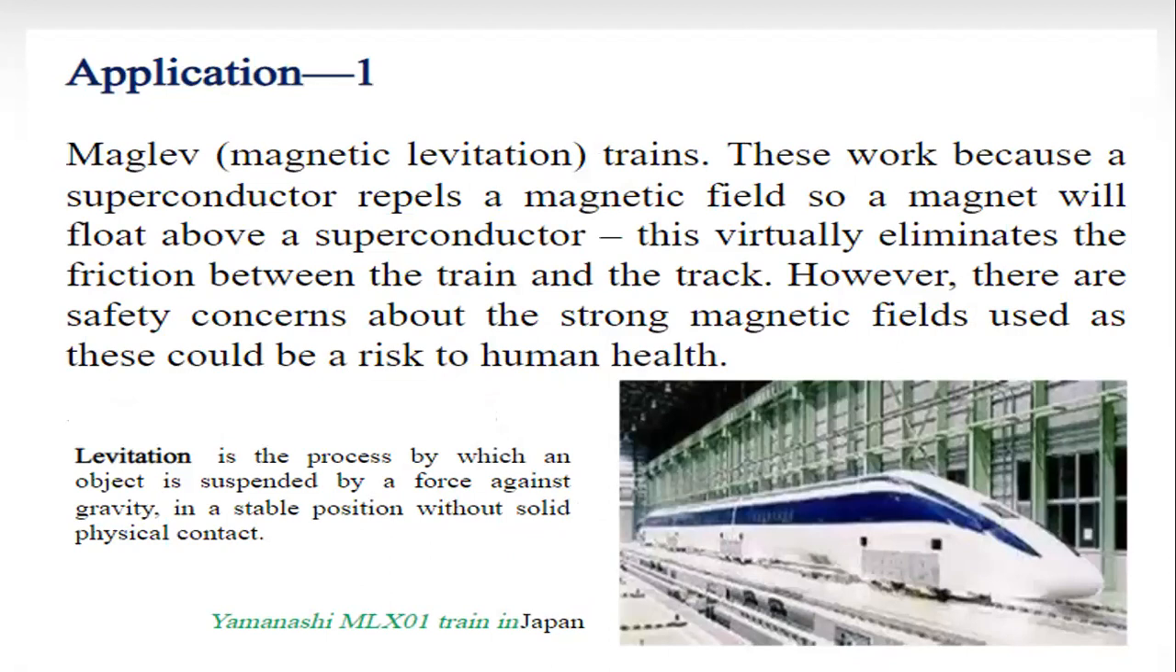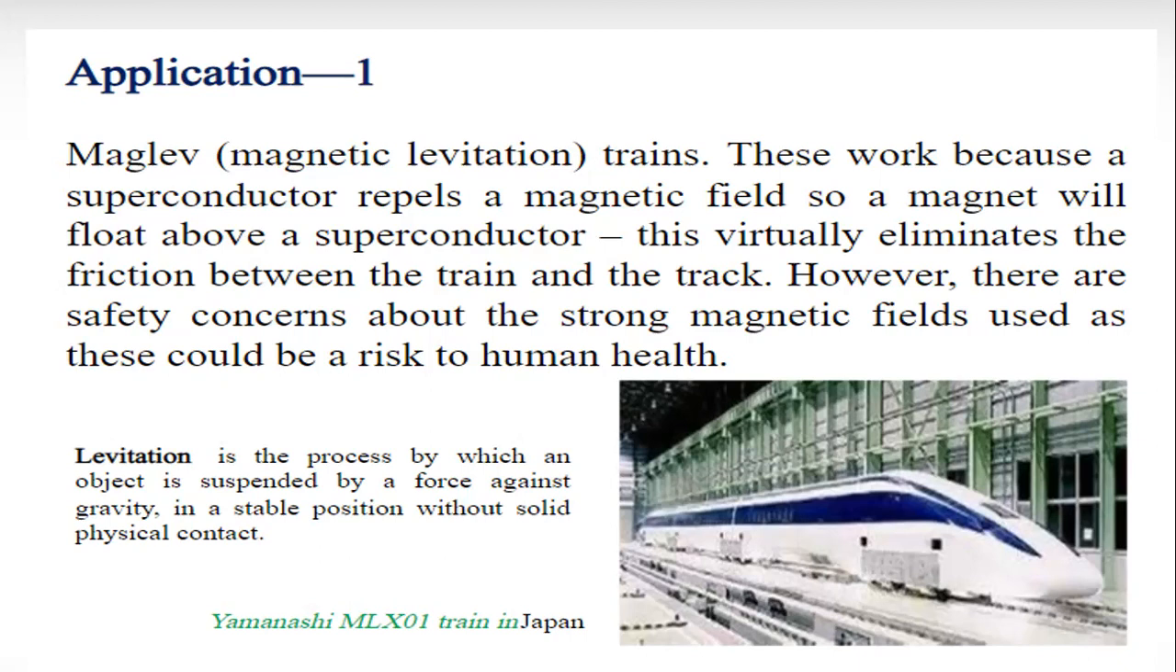So now the first application of superconductor is called magnetic levitation, and this magnetic levitation is running successfully in Japan. You can see the MLX-01 train, where the basic principle on which the train is moving is called magnetic levitation. So now what is this